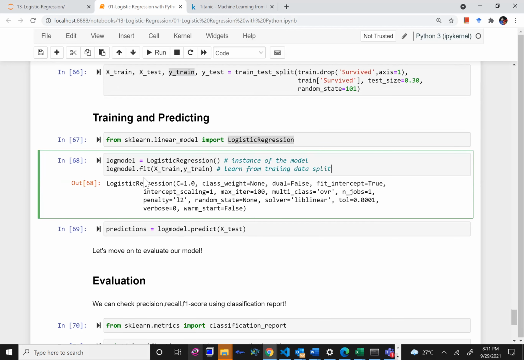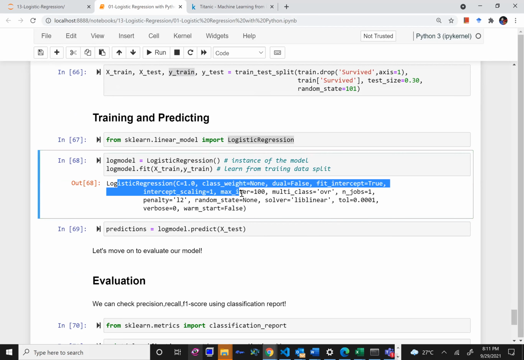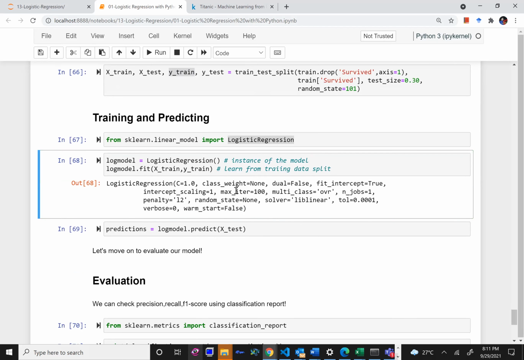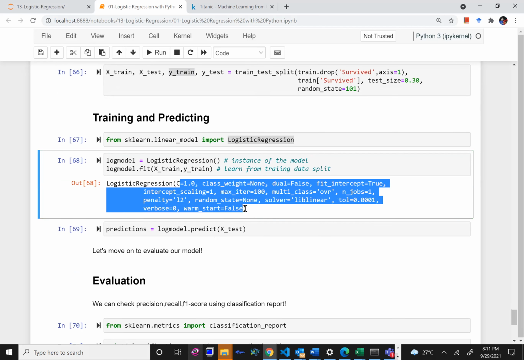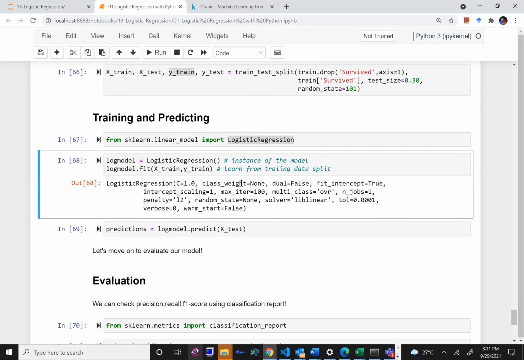Now once I run this, I get an output like this. It has learned a lot of different things from my data set. These are all called the hyperparameters of the model itself. In order to learn and make the correct predictions, whatever parameters the model has to change by itself, it has done that.